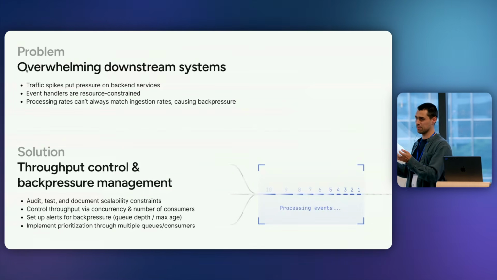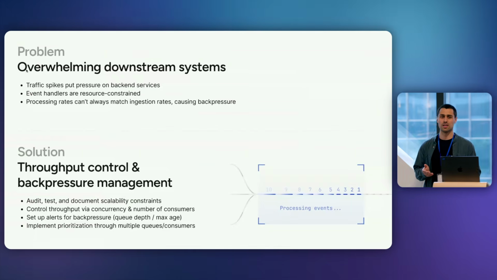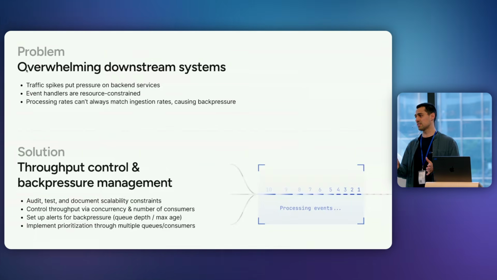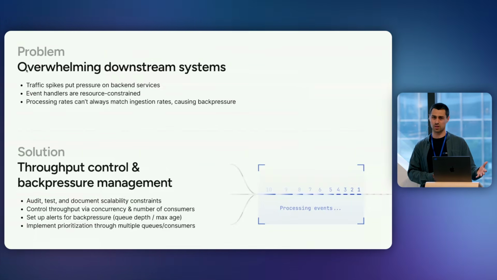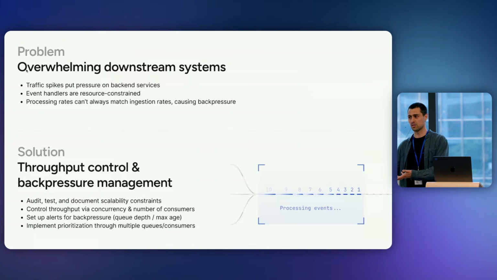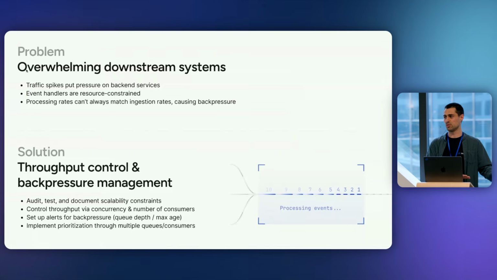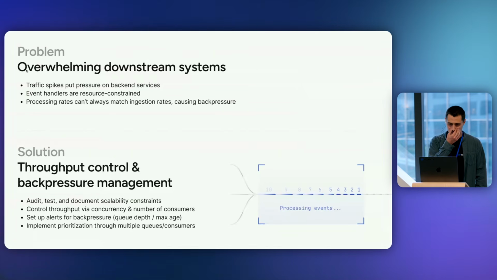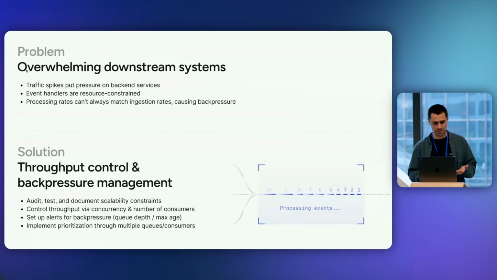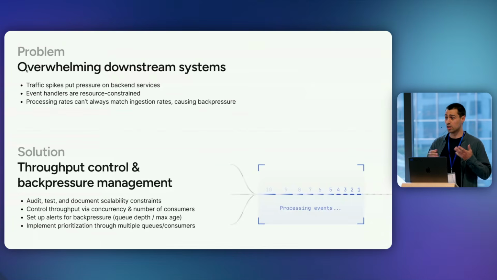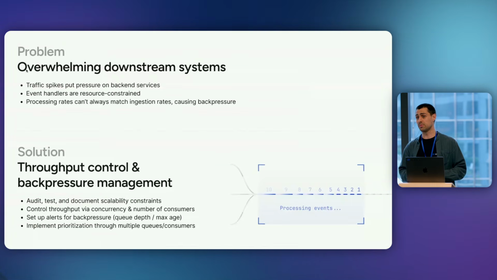Back pressure is that concept in queuing theory where, if you have more than you can process, you accrue delay on how fast you can process it. And so you either need to increase the throughput on that queue, or you need some other mitigation to deal with the fact that you're going to have a delay. And there are best practices around that in terms of understanding very well what your scalability constraints are.